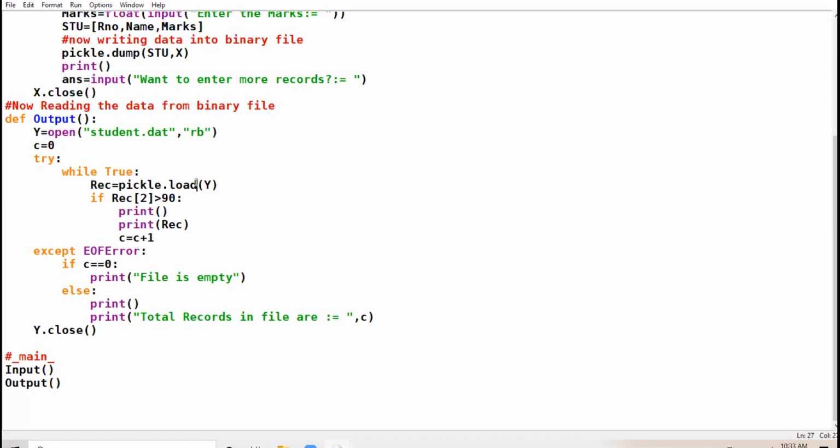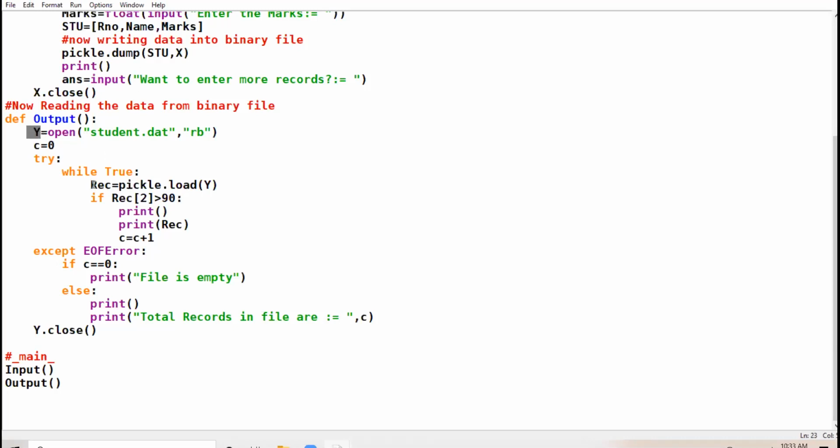Load is also an inbuilt function of the pickle module, and this function will help me to read the records from the binary file. In this load function, I am passing my file handle as a parameter. Here I have taken the file object as Y. You can take any file object.